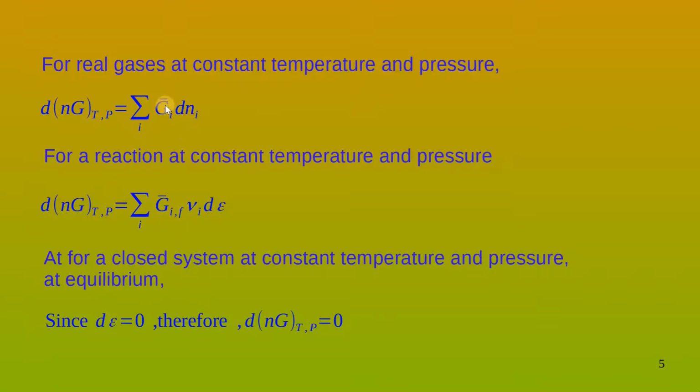We take this quantity as the Gibbs free energy of formation. And dNi is replaced by νi dε, where ε is nothing but the extent of reaction. For a closed system,